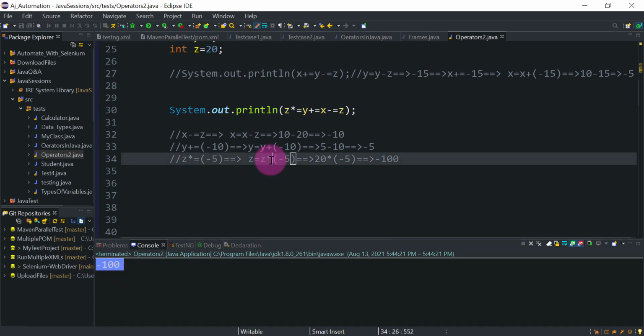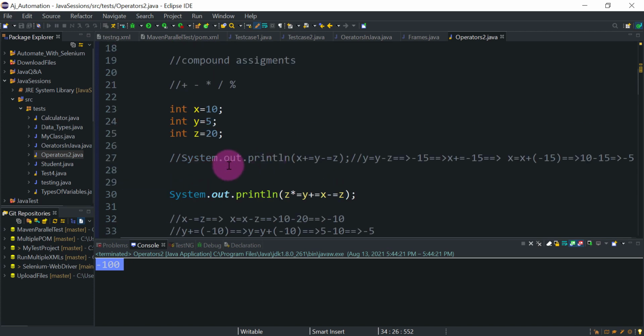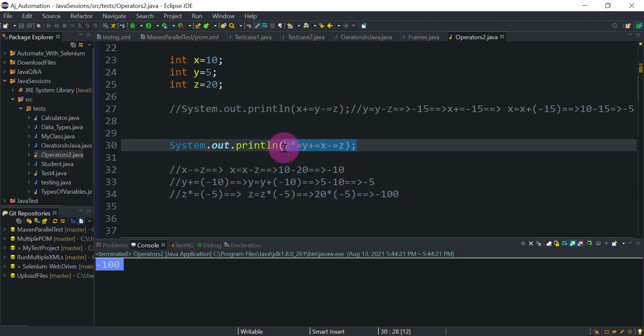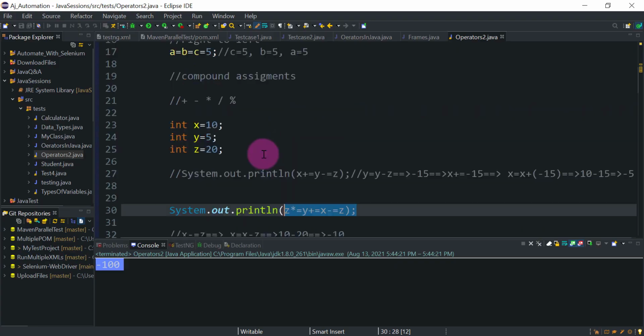So this is how you can practice. Normally people in the interview ask this type of expression, and most people could not answer it because they don't remember the compound assignment. Even if they start solving this, they sometimes solve from left to right. Without proper knowledge about the approach to solve this type of expression, you won't be able to answer in the interviews. So make sure you practice this type of expression before you go for the interview.